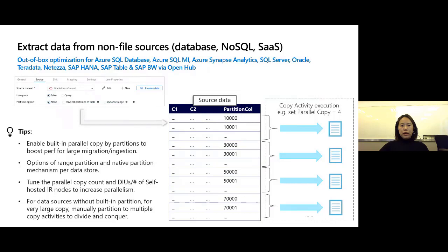Then we come to how to extract data from the non-file sources. This can be any other, like a database, NoSQL, or SaaS application. So usually you retrieve the data based on a query or table name of that. And for the listed data stores, especially including the Azure SQL database, SQL Server, etc., we support the built-in